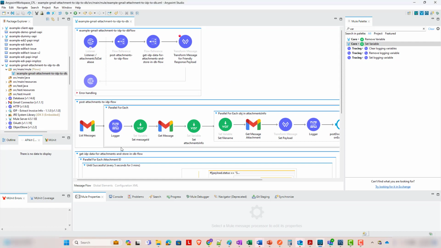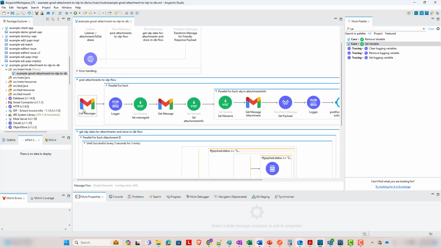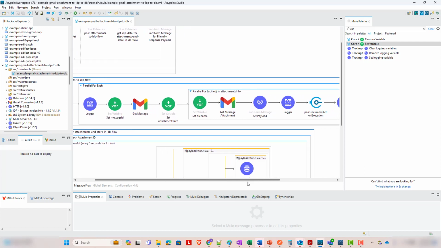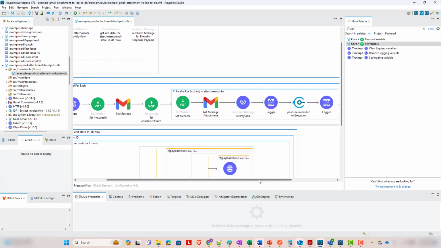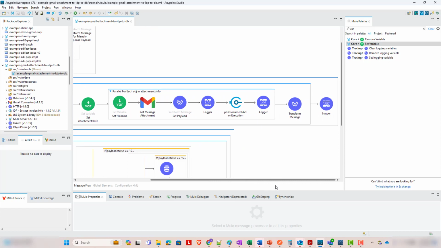Now that we know the overview of how this is going to work, let's take a look in a little more detail. We're not going to go into detail on the Gmail API side of things. I've done a previous blog post and video on integrating MuleSoft with the Gmail API using MuleSoft's Gmail connector. So check that out if you want more detail on how to make that work. But what we really care about is